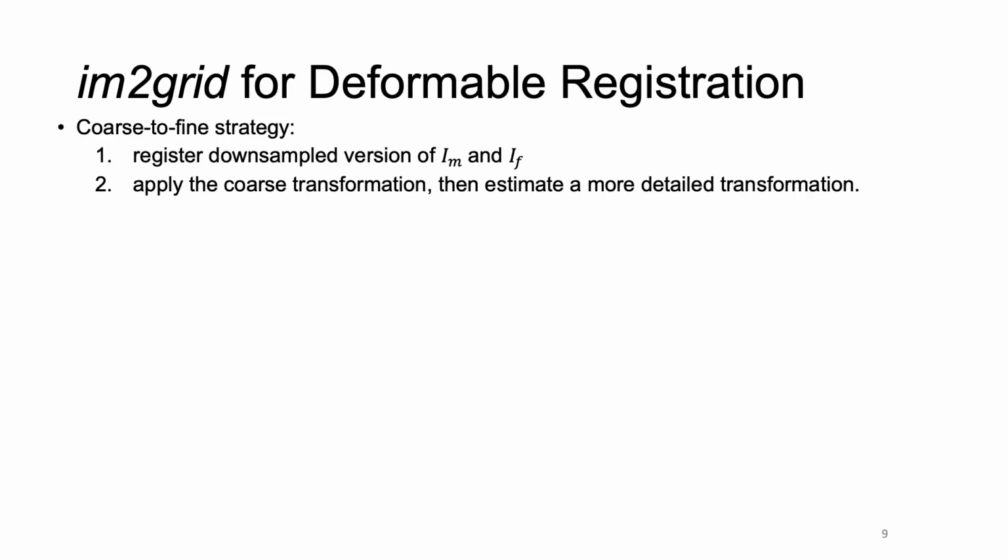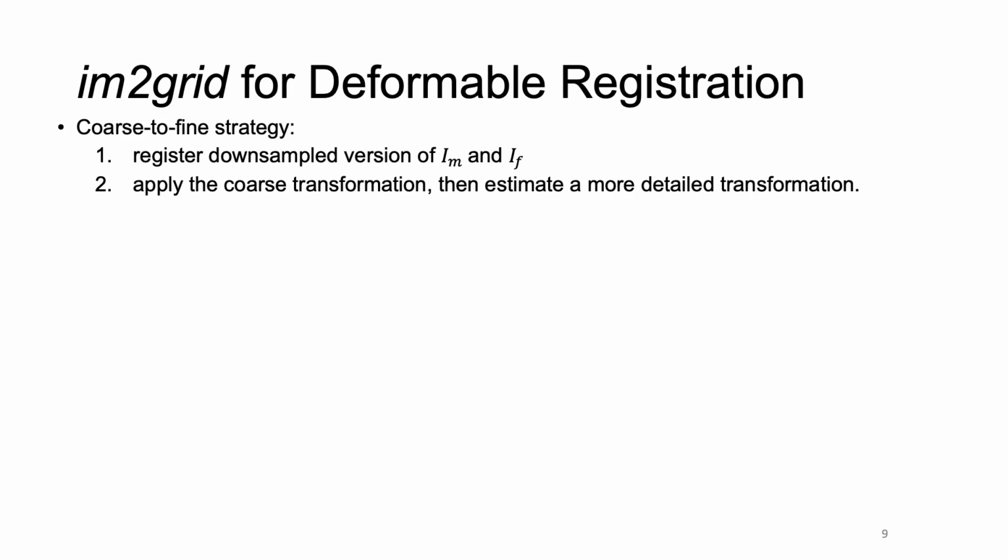Based on the coordinate translator, we propose a multi-scale network named M2Grid for deformable image registration. M2Grid follows the commonly used coarse-to-fine strategy. It will first register downsampled versions of the fixed and moving feature maps, and after applying the coarse transformation to the moving feature maps, bringing them closer to the fixed image, it will then estimate a more detailed transformation at